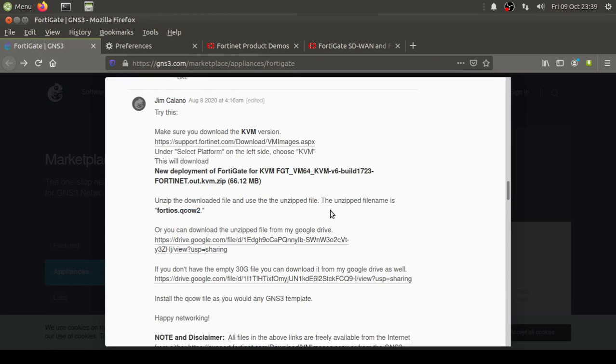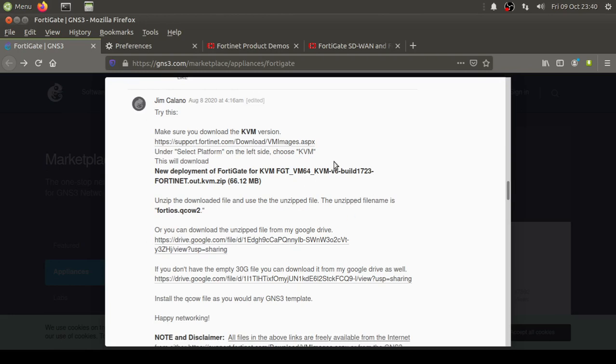This is a QEMU image that you would be able to run in your operating system. My base operating system is Ubuntu. To be specific, it's 20.04, which is the latest long-term release. You can use other operating systems which support GNS3, like you can use Debian, or even you can use Windows, but one flaw with Windows is that you cannot use containers over there. I will be using an image of containers.